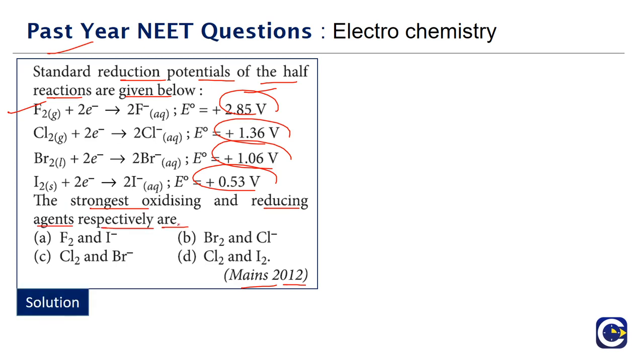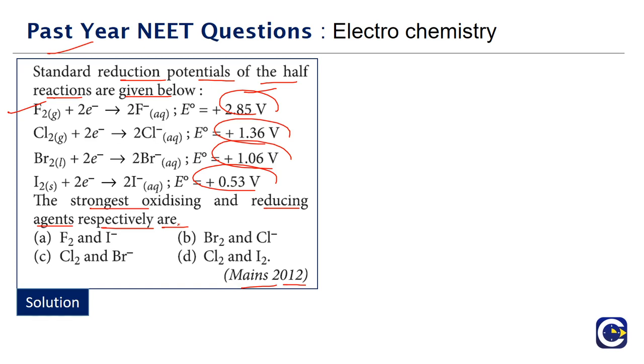So among these given substances, they are asking which will be the strongest oxidizing and which will be the strongest reducing agent. Whenever we have a question like this, even if you happen to see the previous two parts where we have discussed some of the very recent year questions, there also we have seen that this model of question is getting repeated. So whenever we have these kind of questions, they will give a set of substances, their electrode potentials, and they will ask us which is going to be a strong oxidizing agent or which is a strong reducing agent, or they might sometimes ask us to compare or arrange them in the increasing order, decreasing order. So they can form a variety of types of questions.